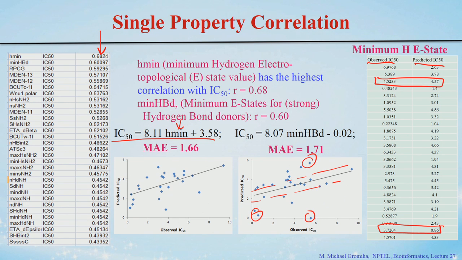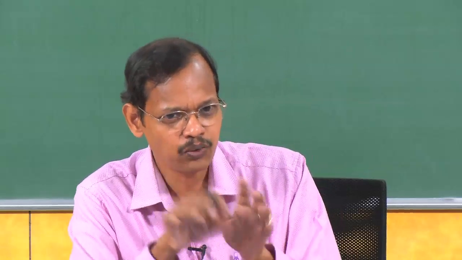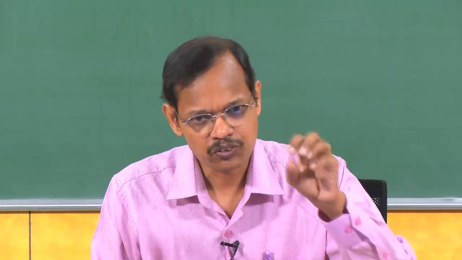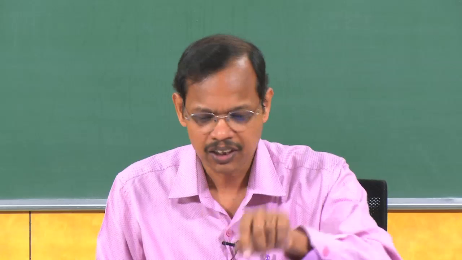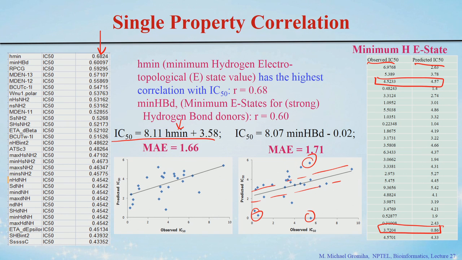So, you can use any properties. Each property can tell only partial information, because the whole compound is not depending upon any specific property. This is what we can observe from this one. Each property can capture only some type of information. So, in this property at least you can get the deviation of 1.6, but in some cases yes, and in some cases no. In this case what can we do,